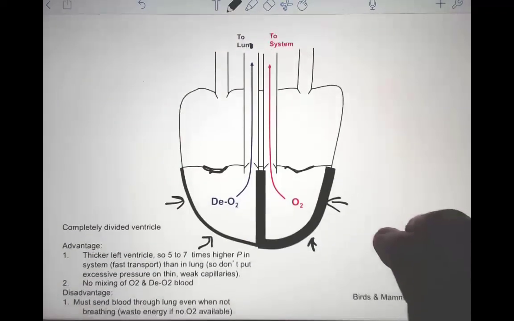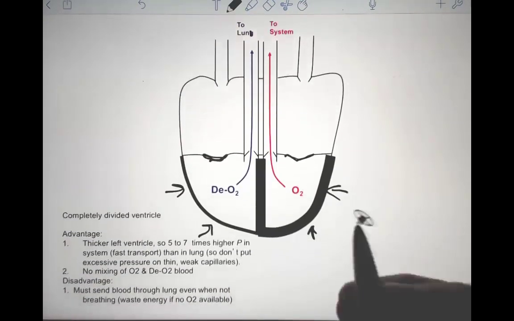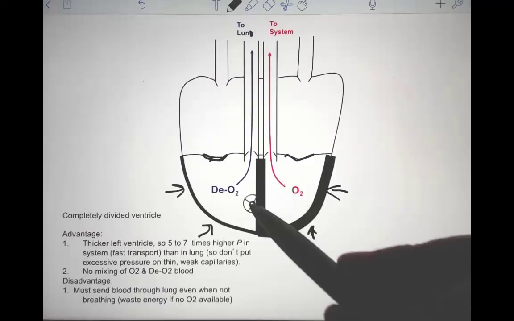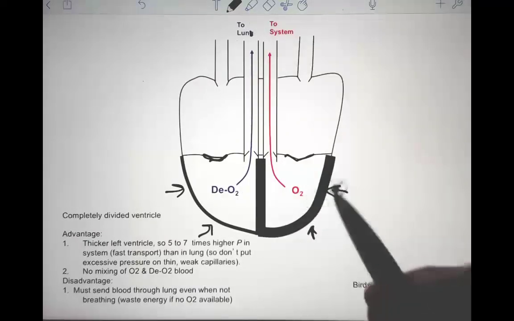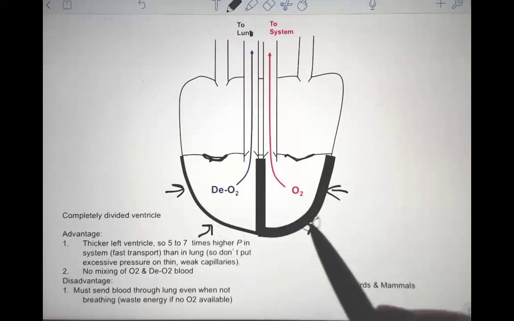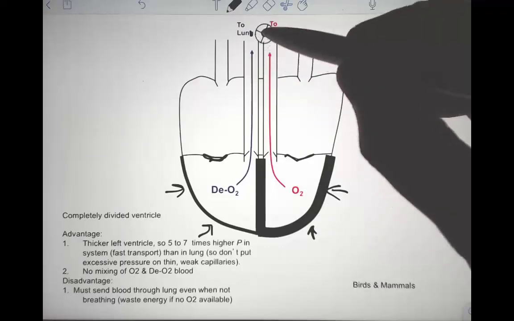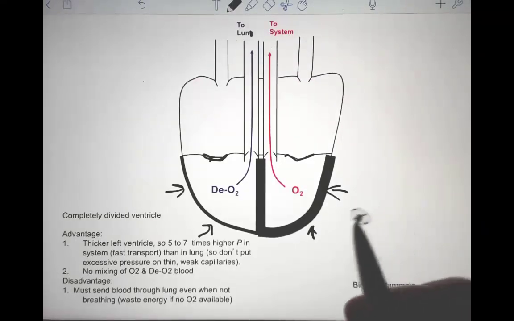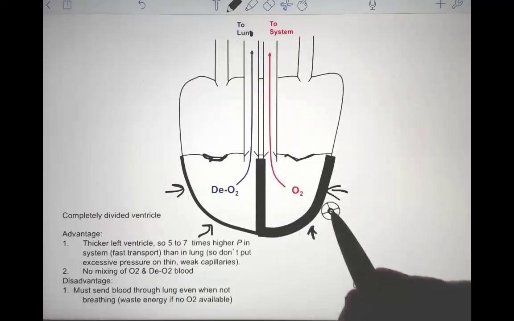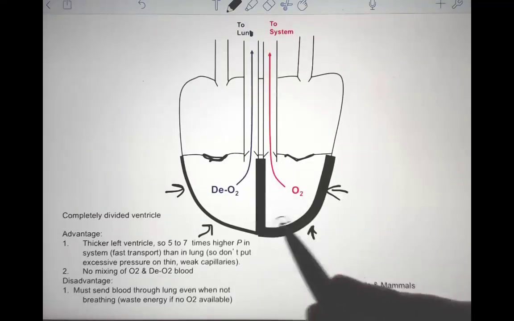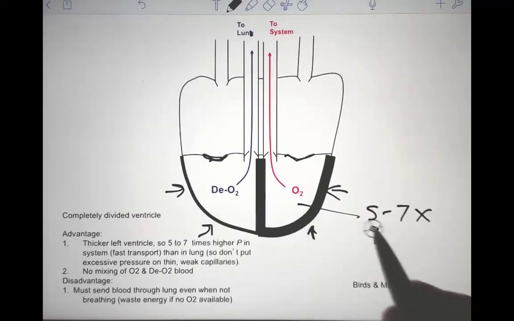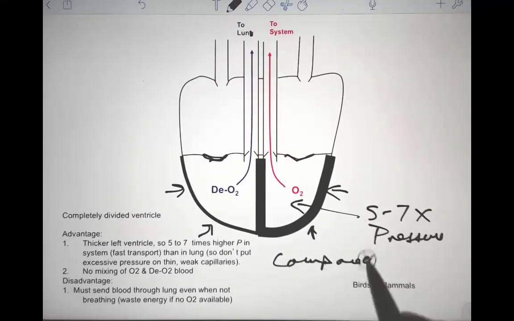There's no mixing, and there's a second advantage. The pathway of the blood from the heart to the lung is quite short, and if we had an undivided ventricle, that would send blood to the lung at only slightly lower pressures than to the system. The completely divided ventricle allows crocodilians, birds, and mammals to have much higher pressures in the system, 5 to 7 times the pressure compared to